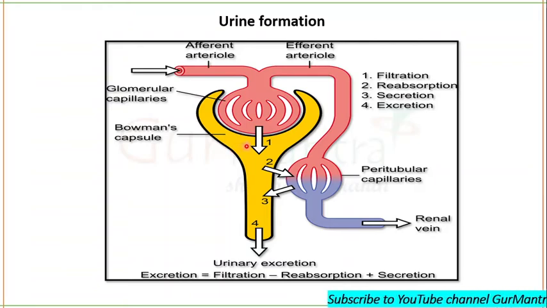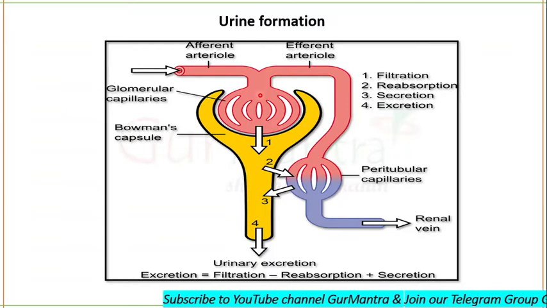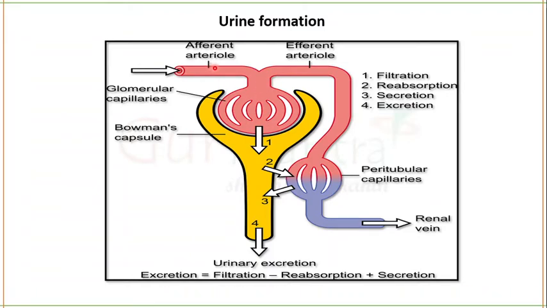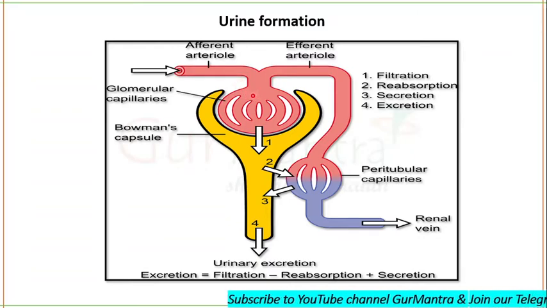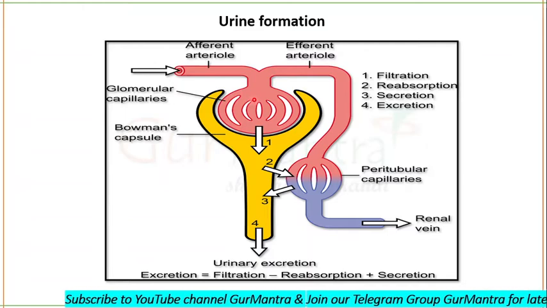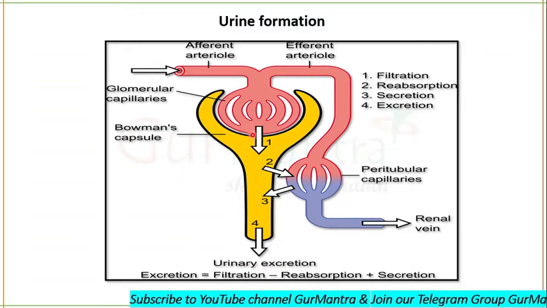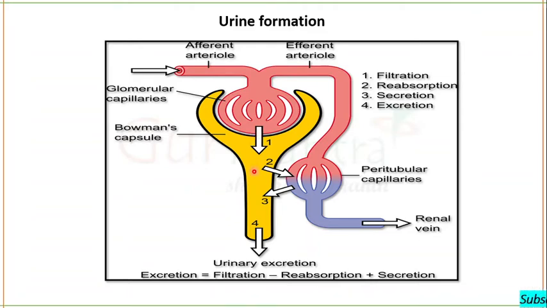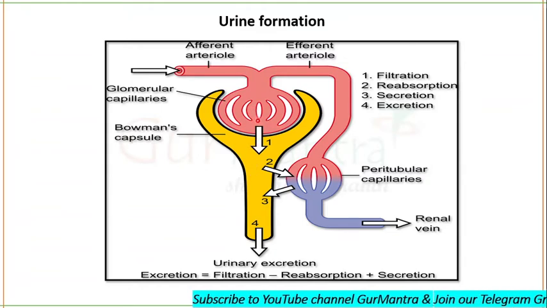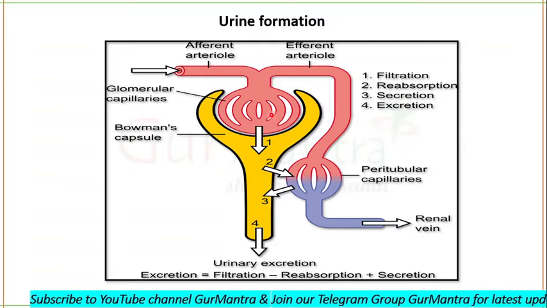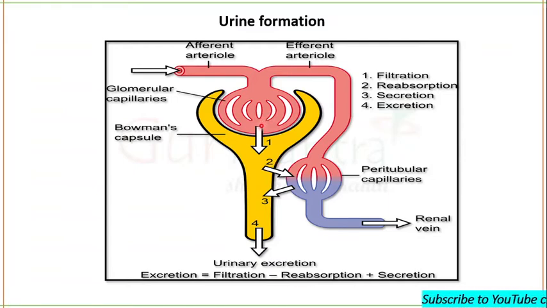Glomerular filtration occurs when blood enters the glomerulus through the afferent arteriole. Due to the glomerular blood pressure, water and some solutes such as glucose, amino acids and other nitrogenous waste present in the blood move from the glomerulus into the glomerular capsule. This is a filtration process, because proteins and other formed elements are not passed from the glomerular capillaries to the glomerular capsule.